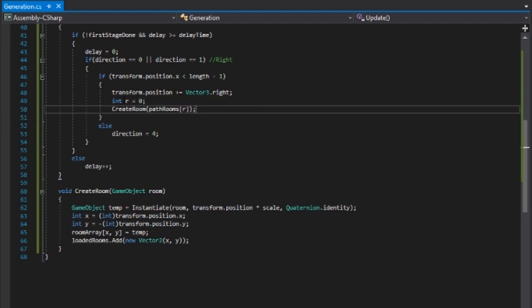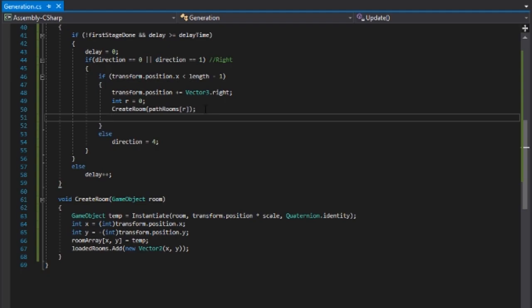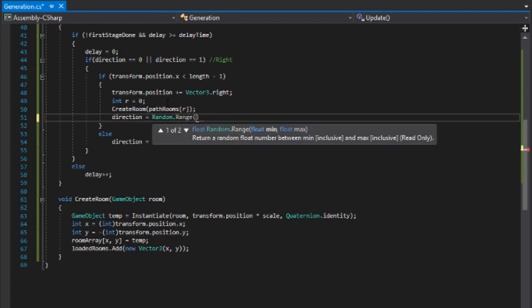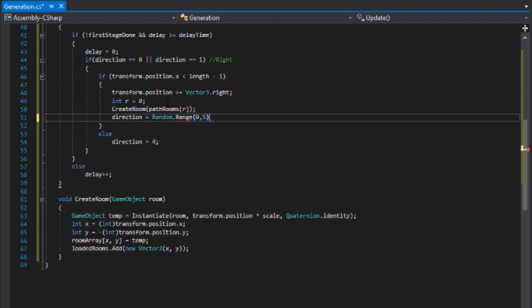Anyways, yeah, so we're going to create the room. So the process is we move, I keep forgetting, generator game component to the right. We create the room at that new position, and the position converts the transform of the generation game object into the actual room Unity world coordinates. And then we have to get a new direction. So we're going to set direction equal to a random range between 0 and 5,